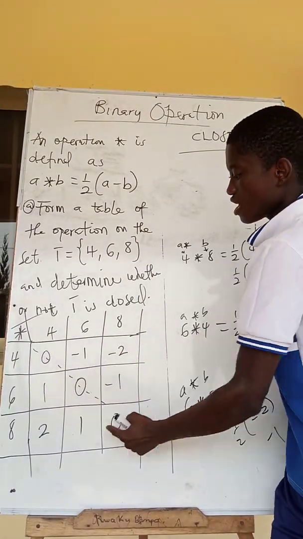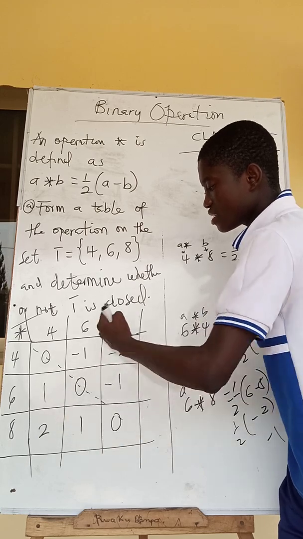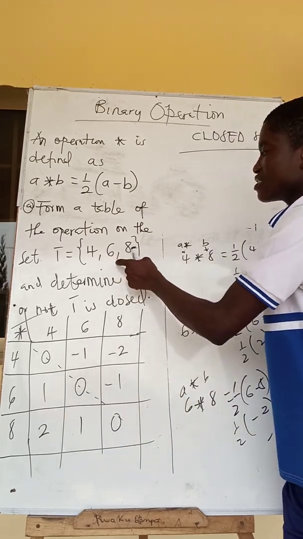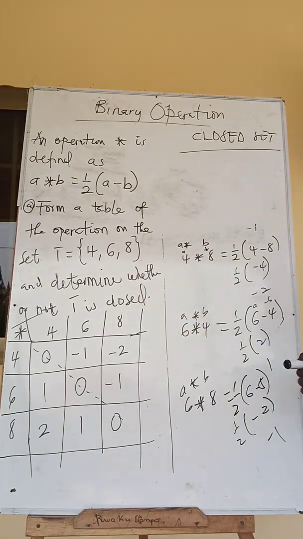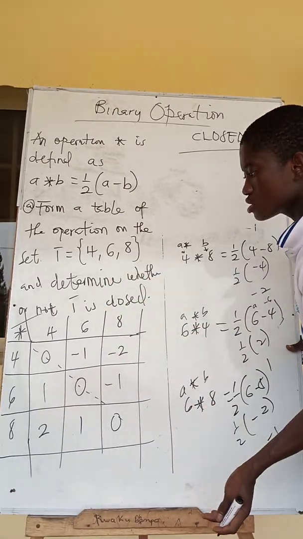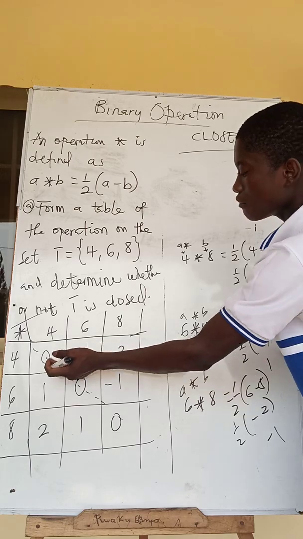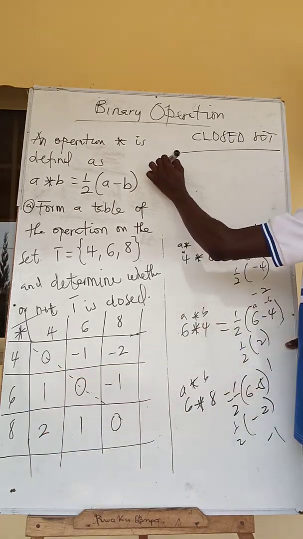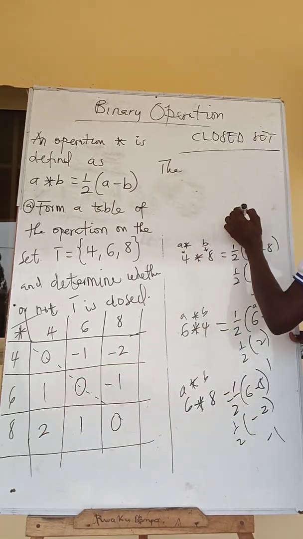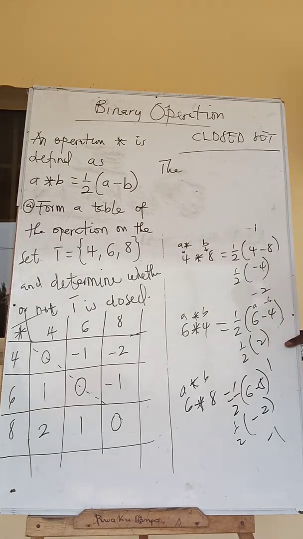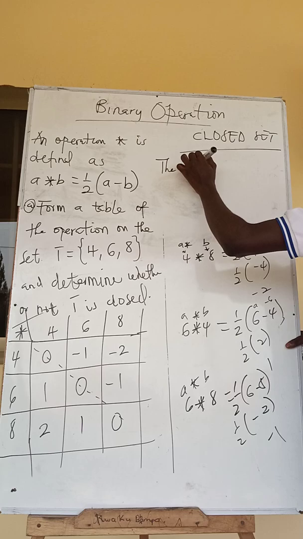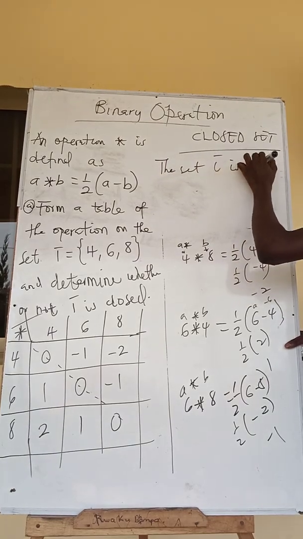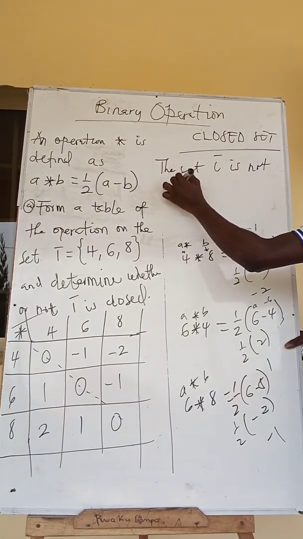So if there are other members on the table that cannot be found in set T, it means the table is not closed. So here we will say, is the table closed? It's not closed because we are having foreign numbers. So you see the set T. The set T is not closed